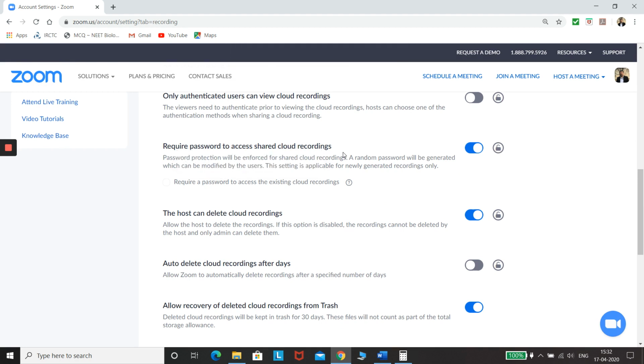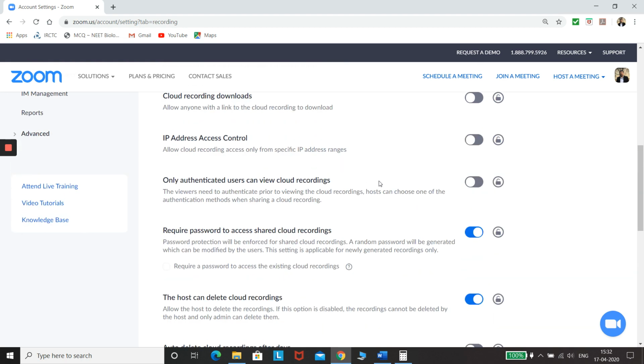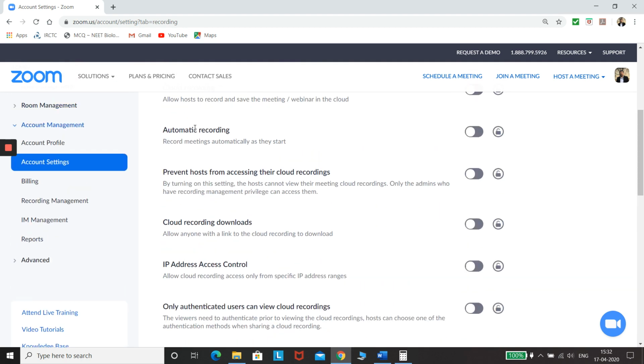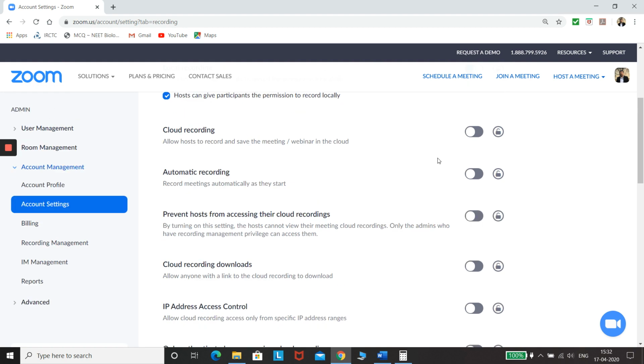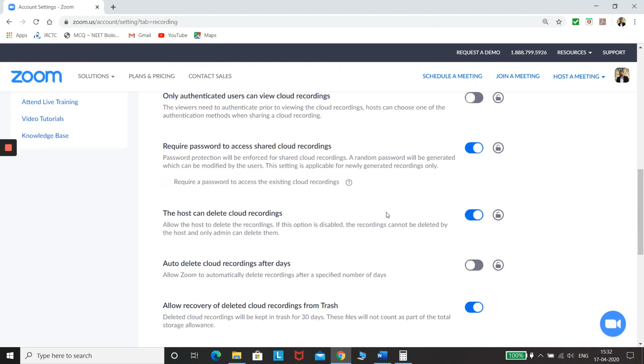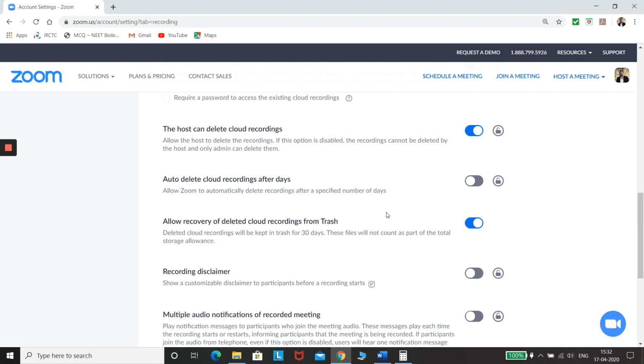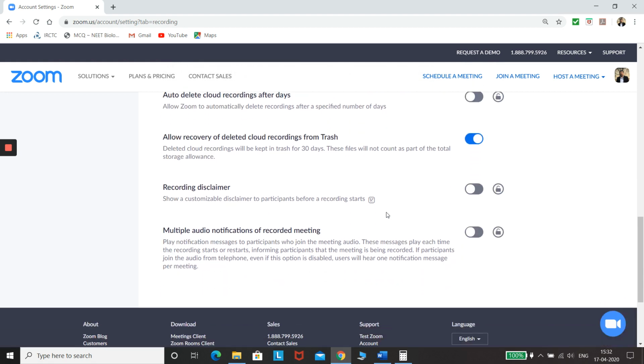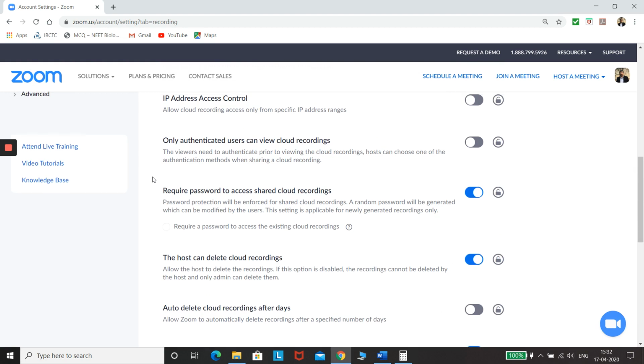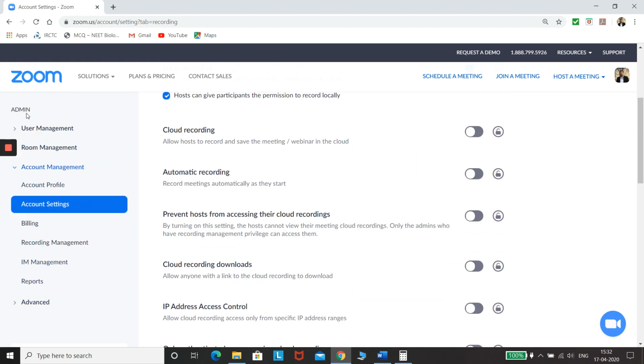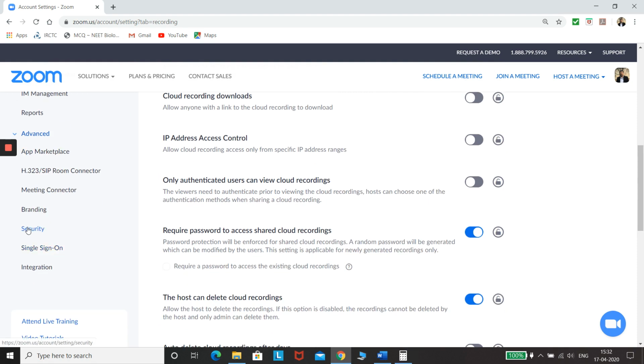Required access to shared cloud recording, required password to access to shared cloud recording, even if it's switched on does not matter because we are not doing any cloud recording. We have kept cloud recording already off, and automatic recording is also off. Rest is not necessary.